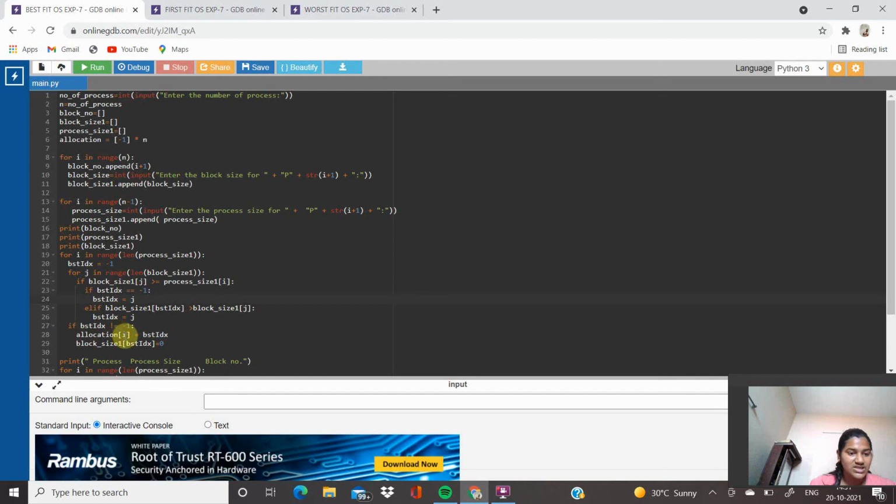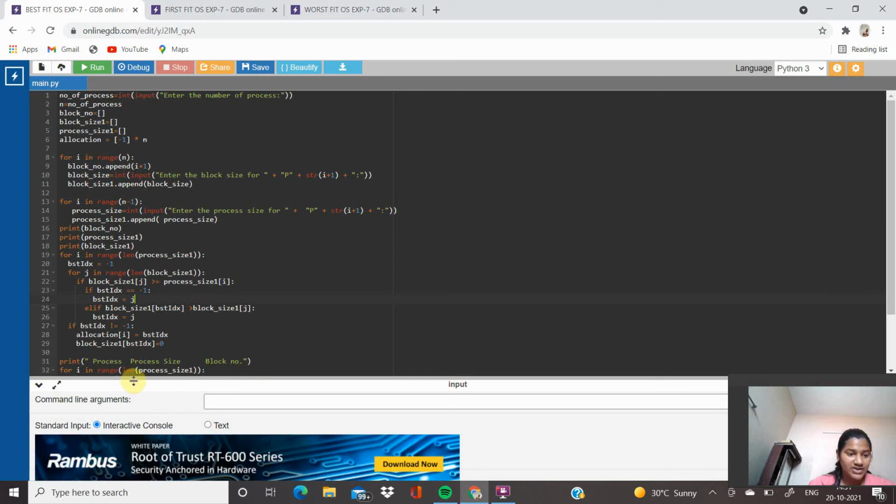If best index is not equal to -1, then allocation i equals best index, block size 1 best index equals 0.